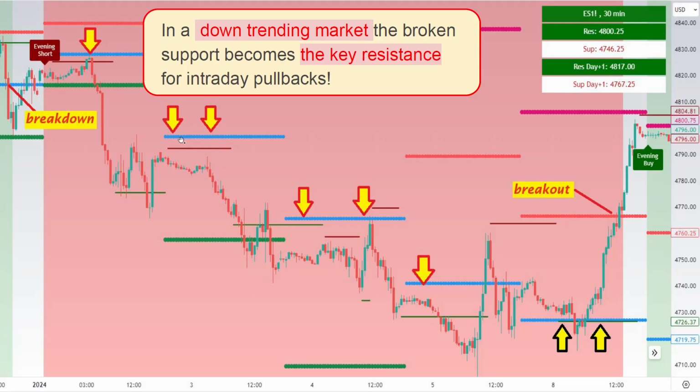As long as bears hold price under the broken daily support, those blue lines, you can be sure you are officially in a downtrend, and down remains the path of least resistance. That has a great implication for your trading strategy. That means that as long as price is trending down, you only consider short setups until bulls manage to get